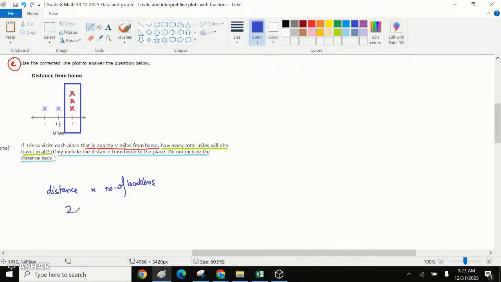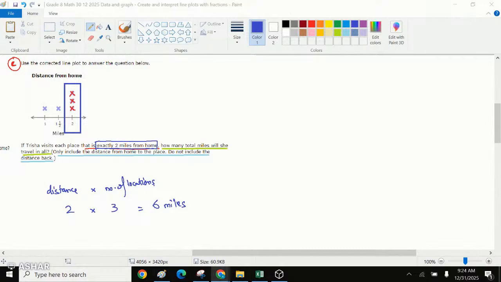The distance was 2 miles. How many locations were there for 2 miles? There were 3 locations. That means she traveled 6 miles to the places that are exactly 2 miles from home, right? It could be less than 2 miles, it could be greater than 2 miles, or it could be exactly. So we need to follow the question very carefully. If it says exactly, then we just do exactly. Okay,